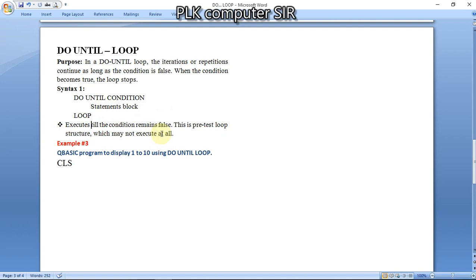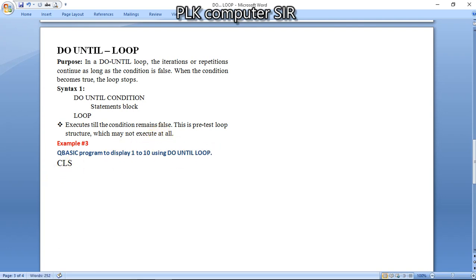Okay, one more time I am going to remind you, my dear students, in our previous program, if the condition was true then only do while was working, but in a do until loop, if the condition is false, then only it will work. So accordingly I will write the program here.